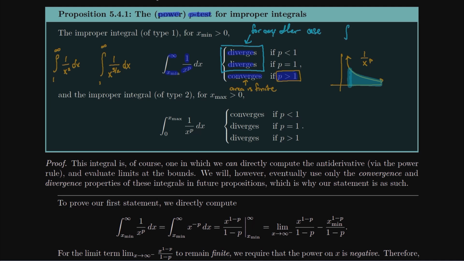Some common cases of divergence would be 1 to infinity of 1 over x dx, or 1 to infinity of 1 over the square root of x dx. Both of those cases are going to have infinite area. So that's a p-test, and this is the case when you have an improper integral of type 1, meaning the upper bound is infinite. I mean, the lower bound could also be infinite. The important thing is that we haven't divided by 0 within the range.